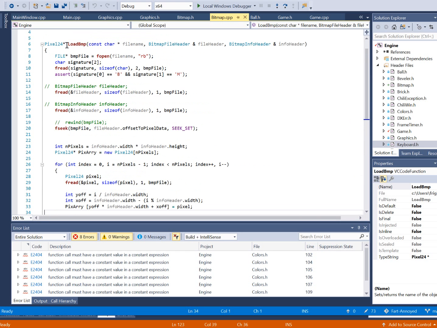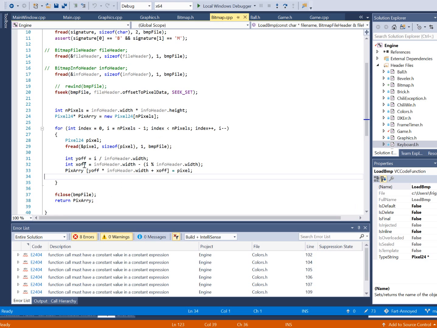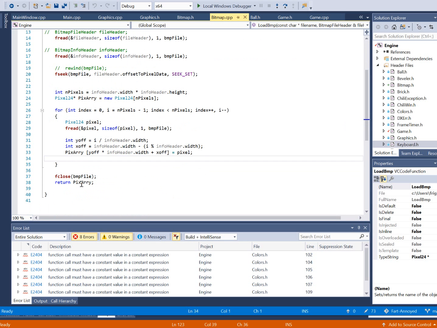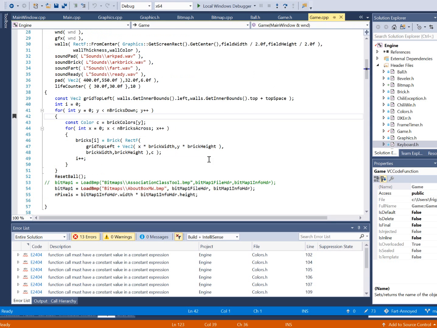So it's just a pointer to pixel, but since we're expecting a pointer to be returned, that's what we're returning, a pixel array, which is fine. It doesn't matter if it's pointing to a single variable or a whole array of variables, because pointers are pointers. They can point to anything. Like I said, that pointer could just as easily have been a pointer to a single integer as to a gigabyte sized array. So anyway, it returns that to our game program,